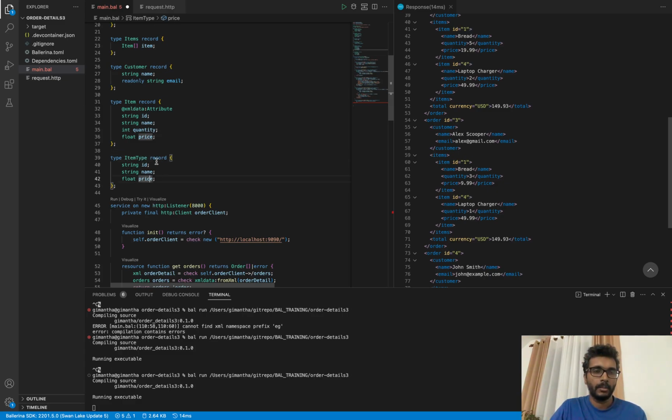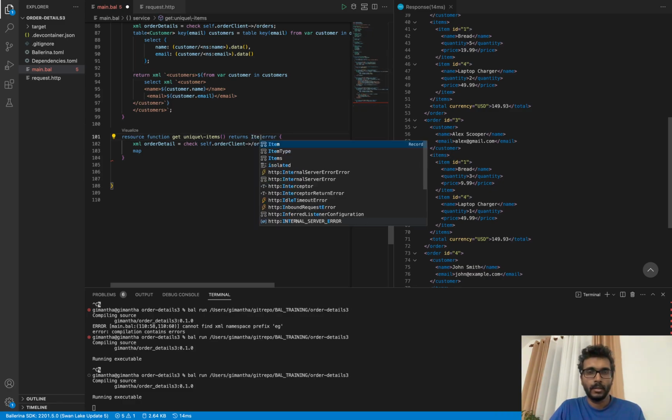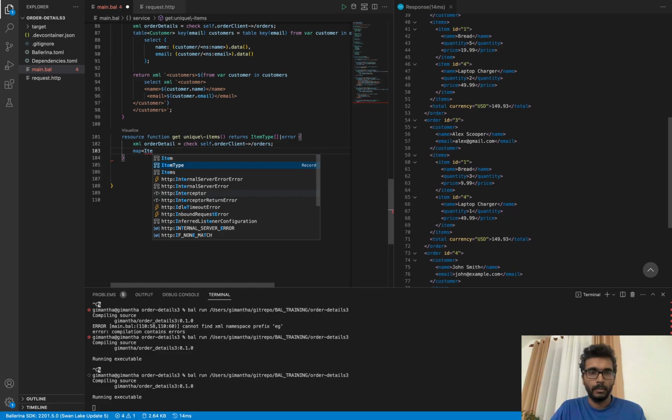I have this item type, it has an ID, name and the price. So I'm going to use that here. And what I will get from this query expression is a map of item type, unique items,